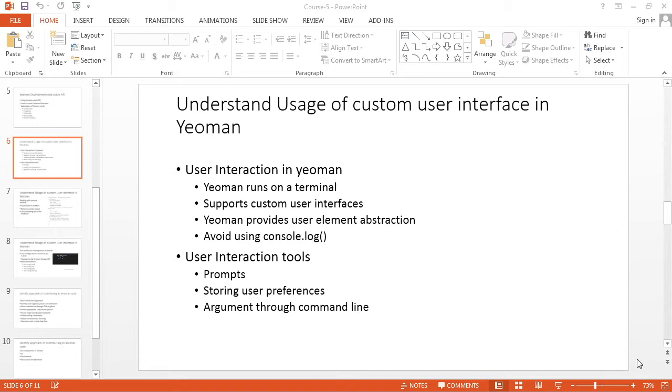by collecting the required input and then making it part of the application environment. Now here we are going to discuss how Yeoman interacts with the user. Typically you'll find Yeoman running in a terminal, but Yeoman supports custom user interfaces as well. In order to take care of embedding a user interface so that it can interact with the user, Yeoman provides you